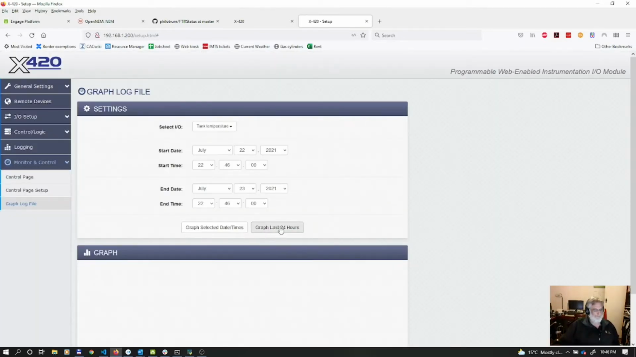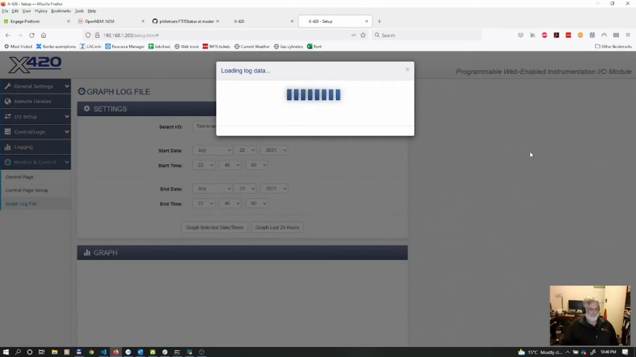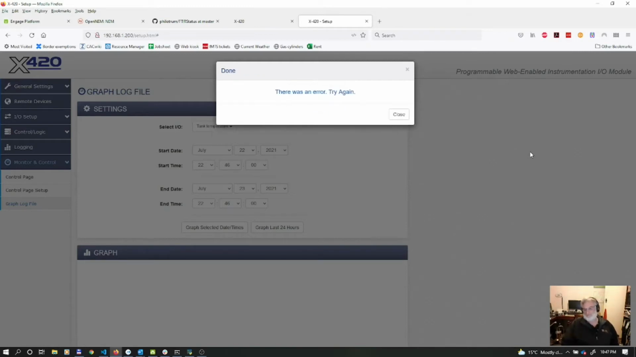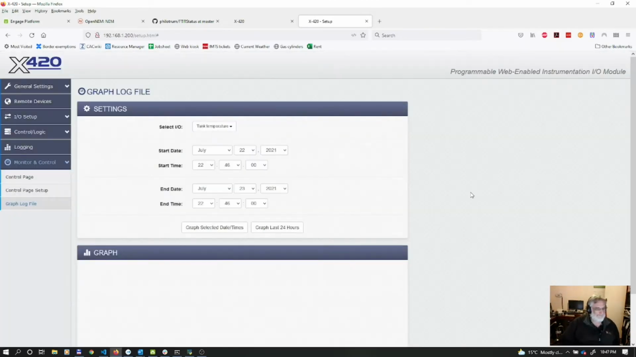All right, let's graph the last 24 hours. It seems that it's quite slow to generate the log file. And so this is a bit of a feature, if we want to call it a feature, of the module. Oh, okay, so, okay, well, that is supposed to,